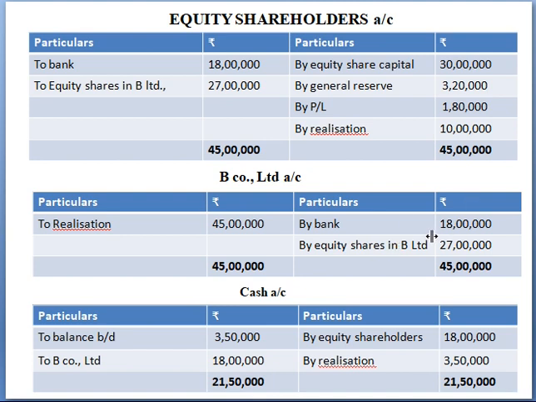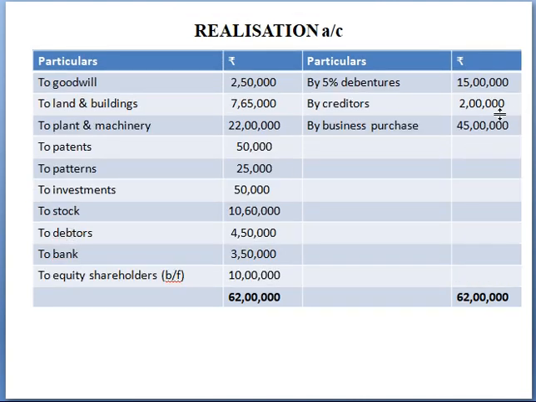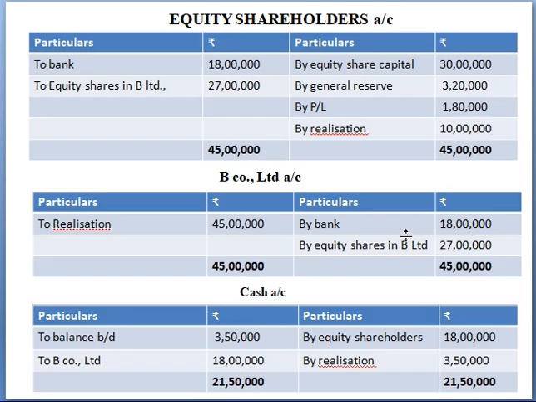And what does the company receive? The company receives the new company for how much? For 45 lakhs. That is the purchase amount. So write it as to realization account 45 lakhs, right? See here the realization account is debited, and in the realization account we have to give the credit entry. It is already given, 45 lakhs. Now your ledger will balance.